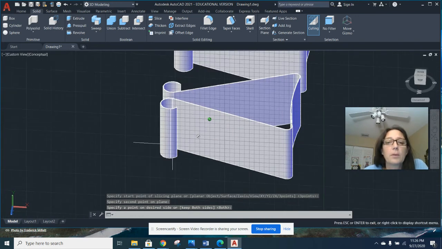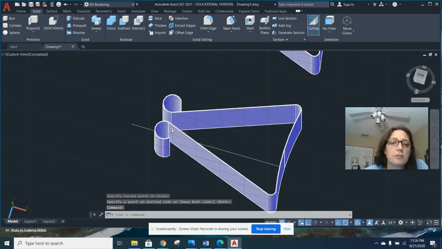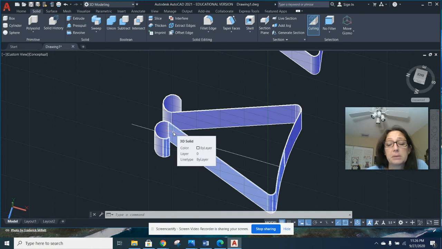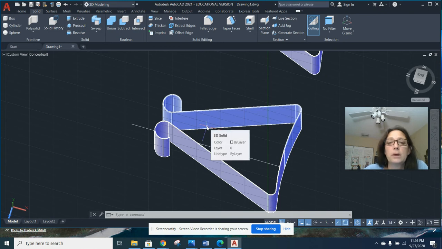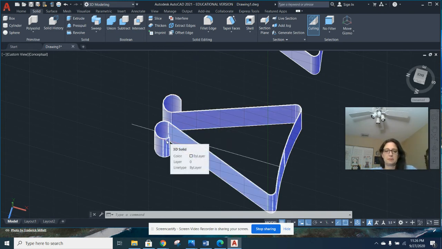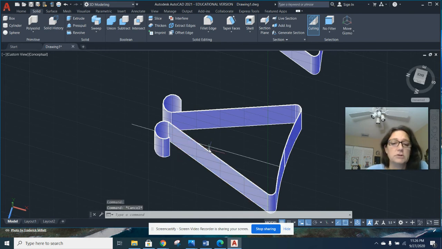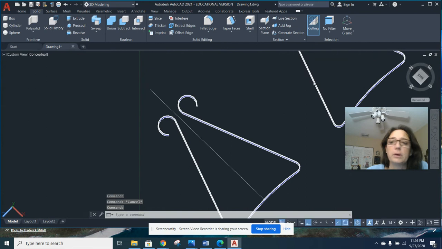Now, what I wanted you to see here was, if my line cuts through this plane, it's going to cut everything on that plane that is associated with that solid, which is a good and a bad thing. So say now I'm not thrilled with, I want to keep the top, but I don't want this lip here, but see, it's attached to the other one, so I've got to figure out a way to unjoin it. If you want to do it with